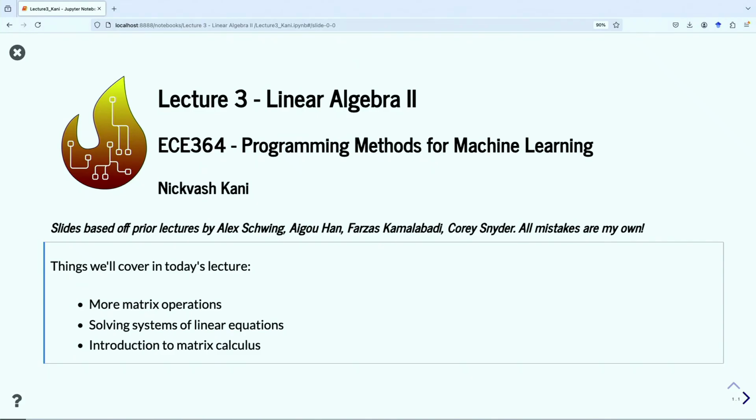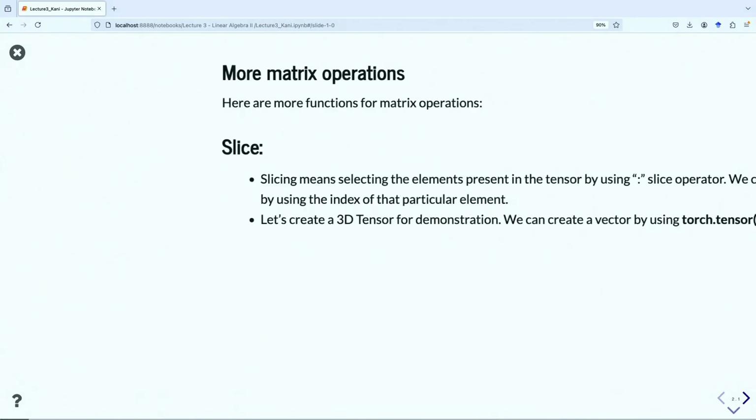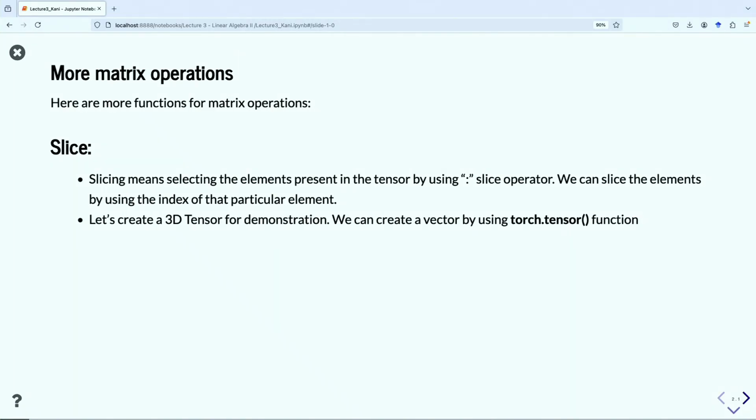Once we get through these things, we'll have enough background knowledge to start on auto differentiation next week, which is the big machine learning course, right? So let's start off with an easy one. Last time we talked about matrix operations. Well, we ended on matrix operations, simple matrix operations, matrix multiplication, stuff like that. So let's